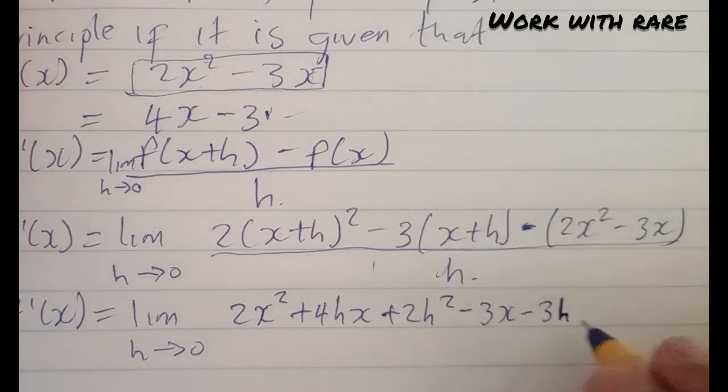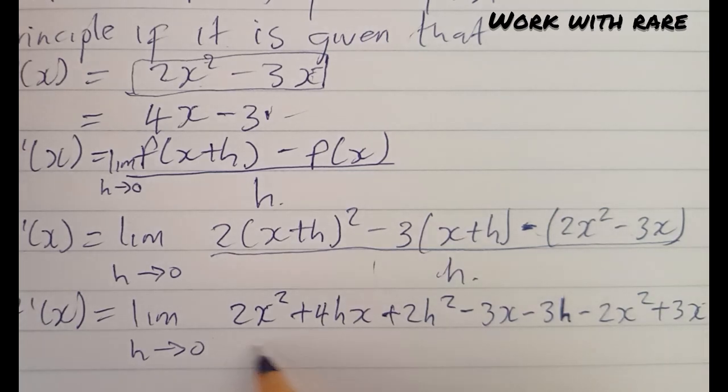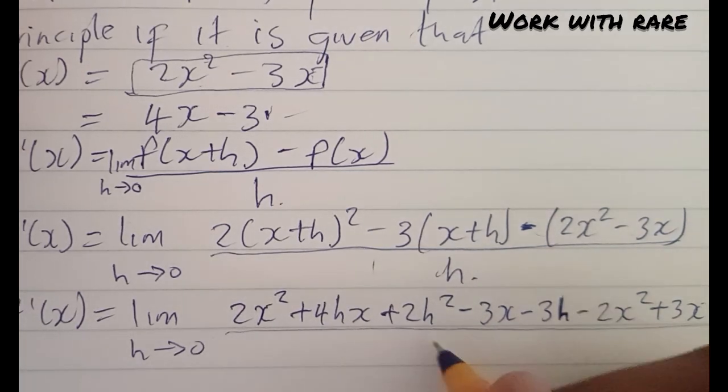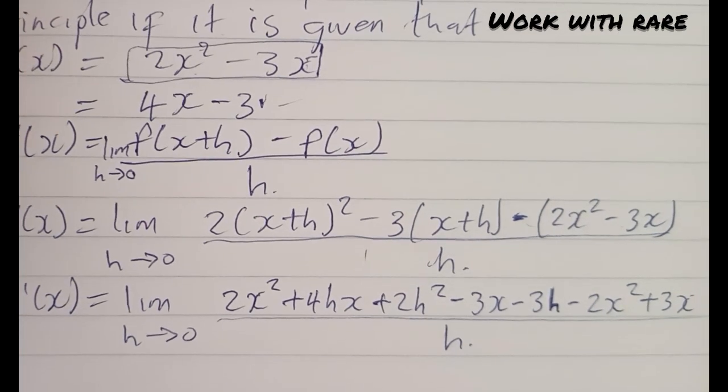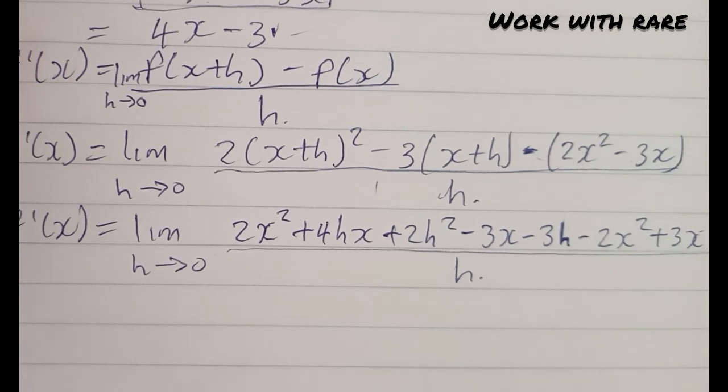And if I break this bracket, I'll have negative 2x squared. Negative and negative is positive. So here I'll have positive 3x all over h. Okay, now I will look at my numerator and look for the like terms. Okay, so the next step now,